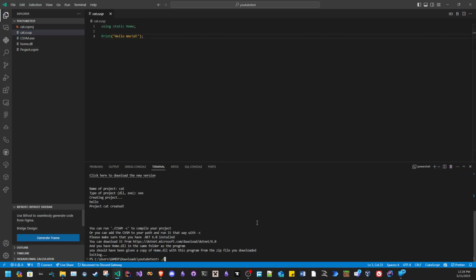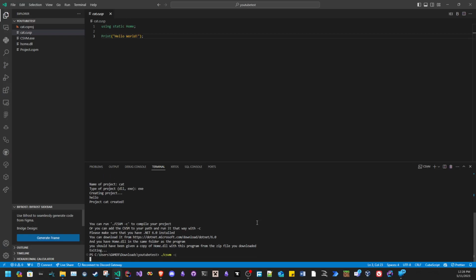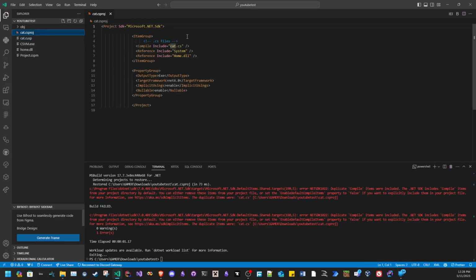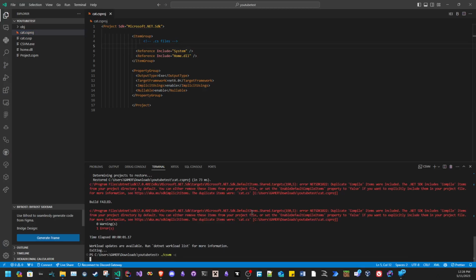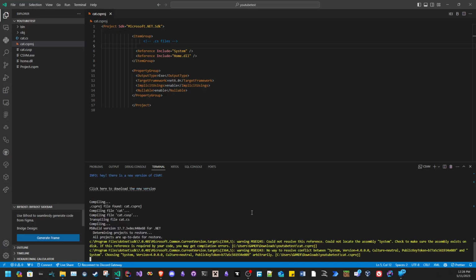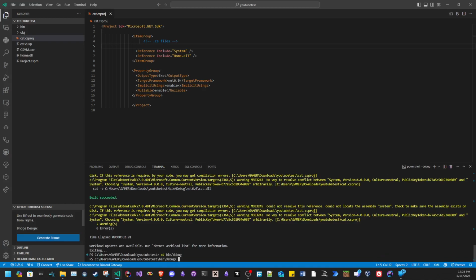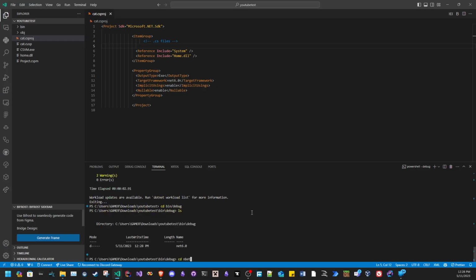Now if we do ./csvm -c or taxi or whatever you want to call it, hopefully, there we go. It will compile. Duplicate compile items are included. Compile from your directory. Oh yeah, I must not have set this up correctly. There we go. Now if we do cd bin/debug, ls, cd net6.0,